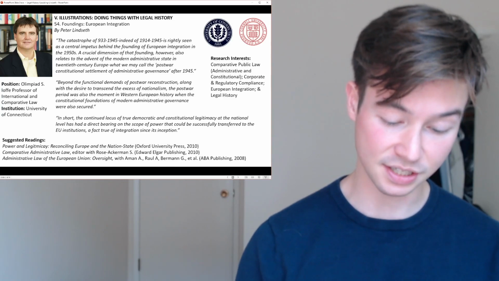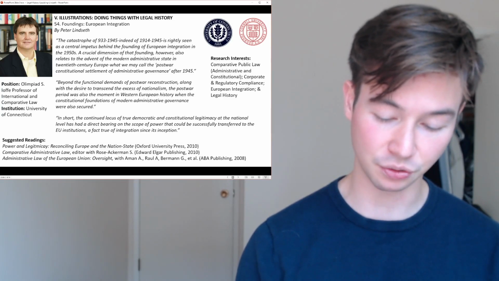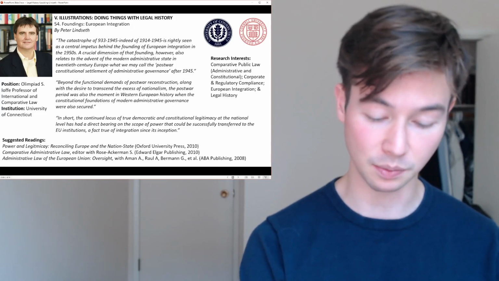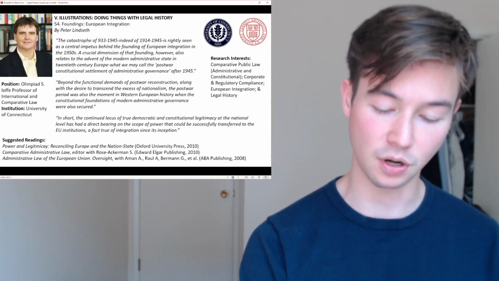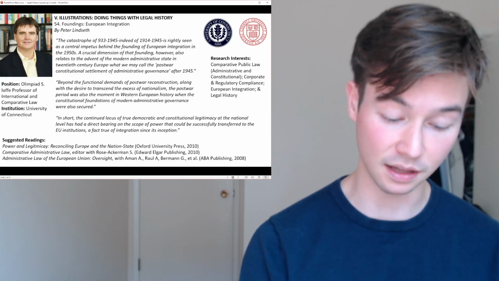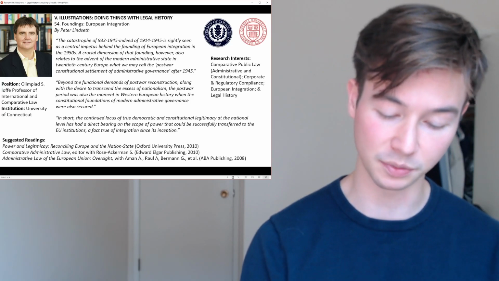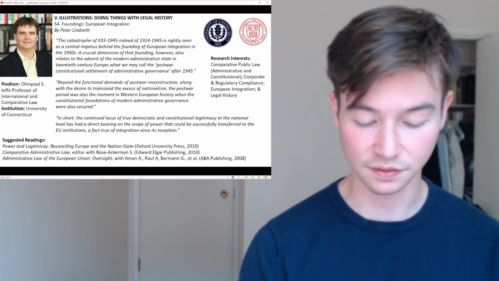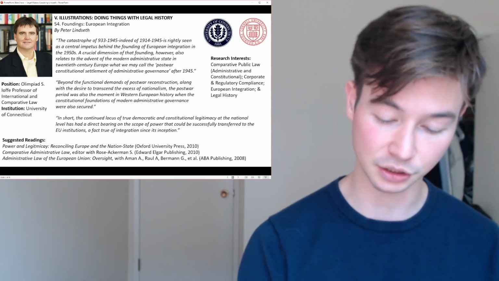Thus, while national executives were working hard in the 1950s to reinforce member state control over regulatory decision-making in the community, in a manner consistent, arguably, with the executive element of the post-war constitutional settlement, the ECJ was laying the groundwork for a very different understanding of the nature of European integration.